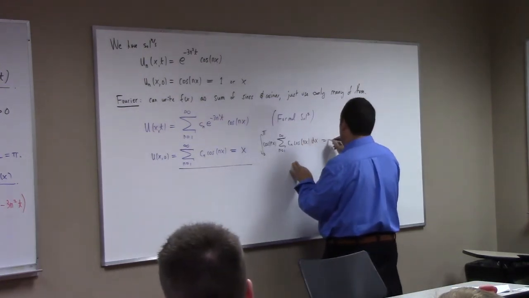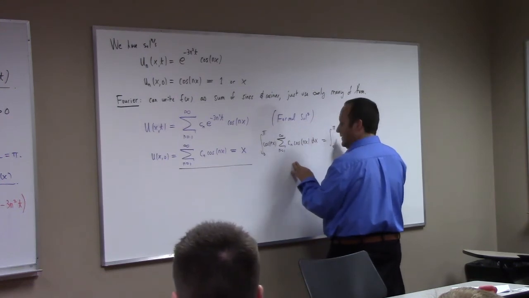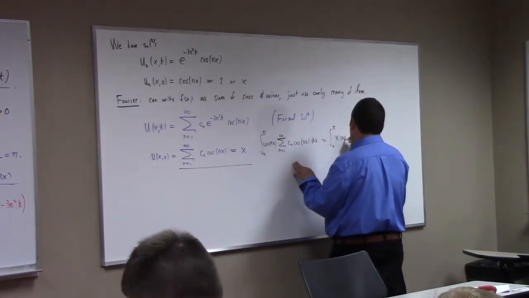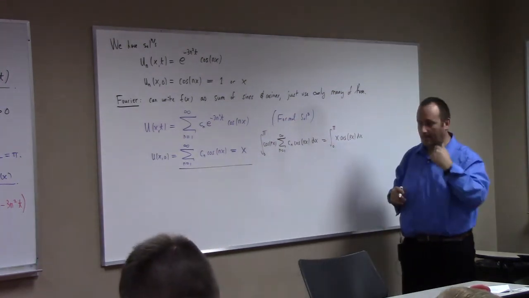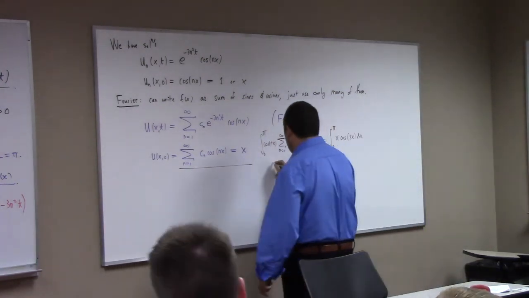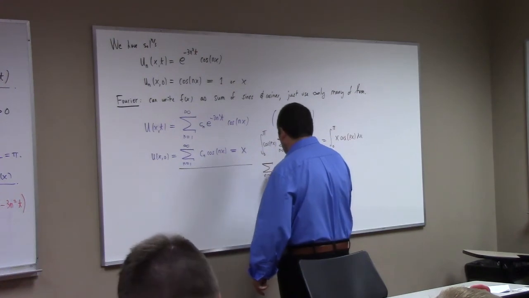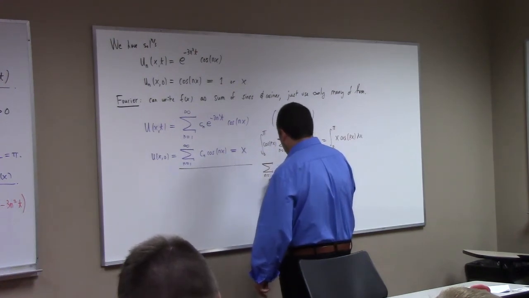And on the other side, integrate from 0 to pi x cosine px. On this side, we exchange the order of summation and integration. We get the sum n equals,